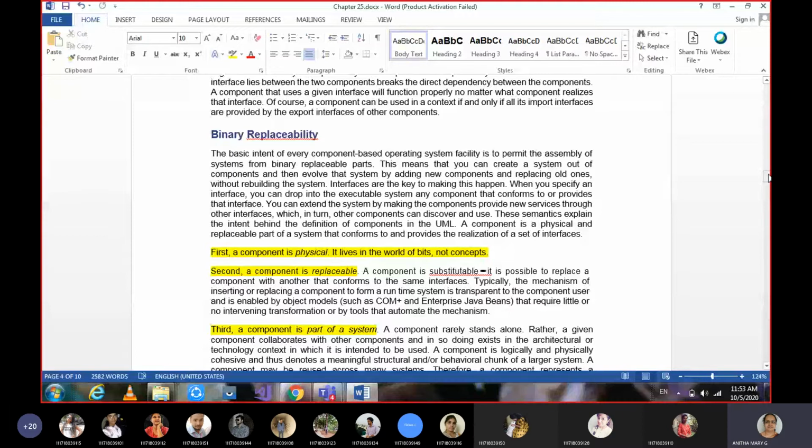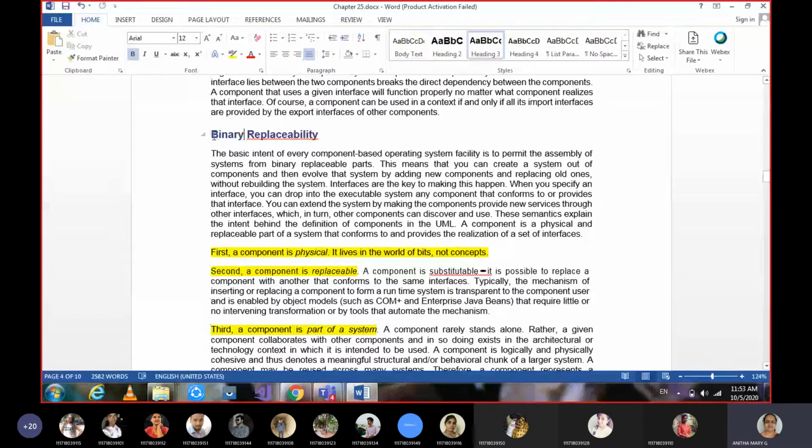We can add new components. Instead of replacing old ones and rebuilding, we add new components to the system. So that is what we call binary replaceability.